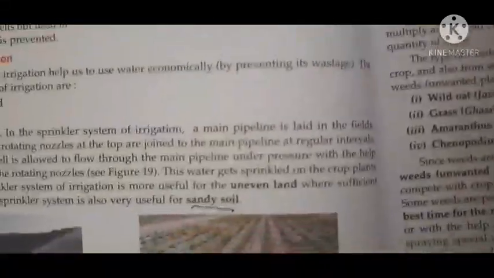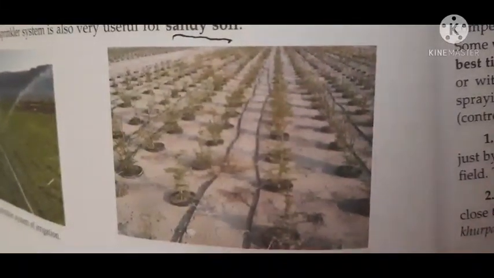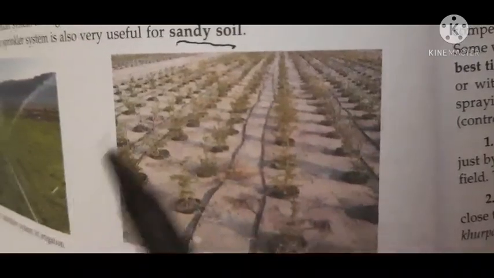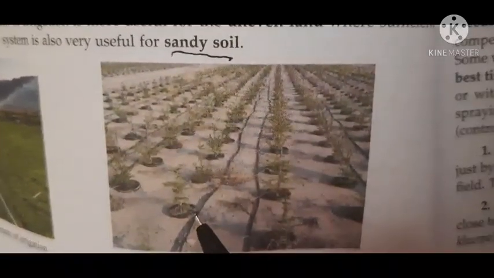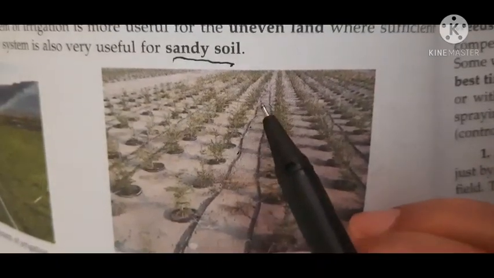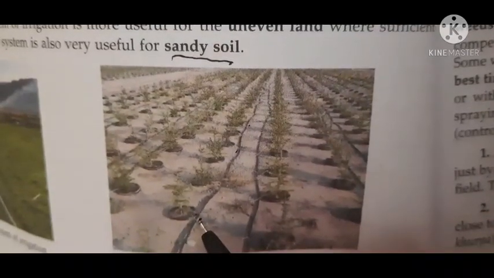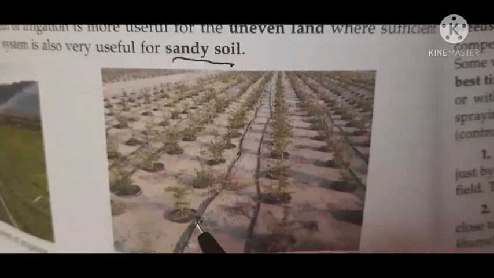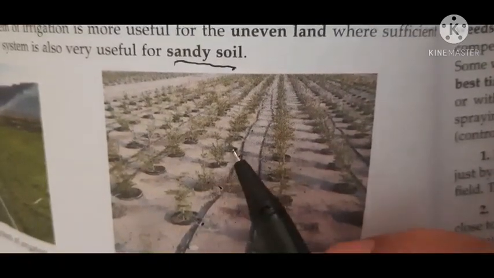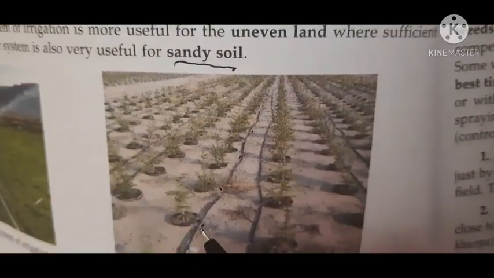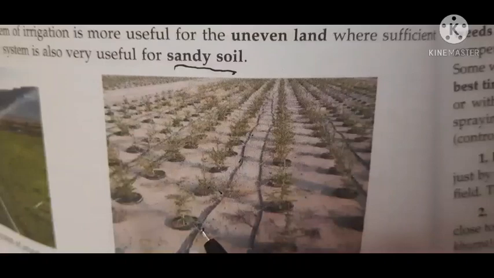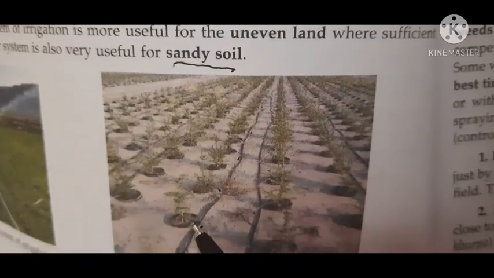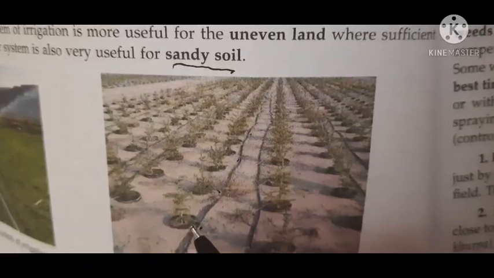Okay, now first I will make you understand what this is. Now please see here. These are the narrow pipes. You can see so many narrow pipes are there, and in these pipes only, there are holes, just nearer to the plants, where the plants are sown. You can see these are the plants here, and these are the holes. So what happened? The water passes through the pipes, and through these holes it is released in the form of drops.